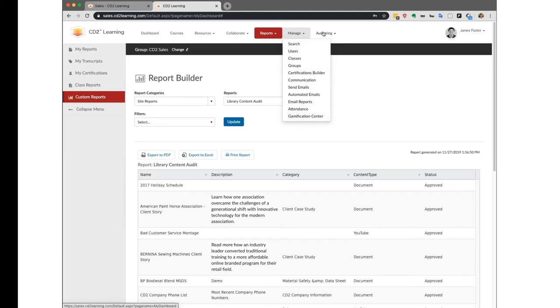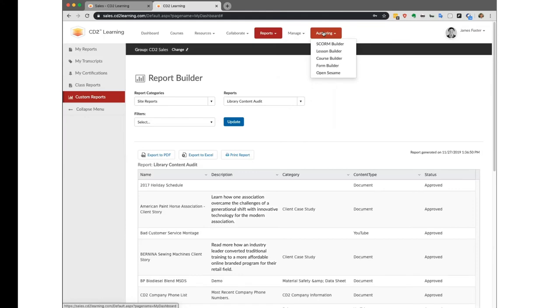So that is the Manage tab. We don't have time to hop into each one of those features. A lot of them are self-explanatory, and it is essential LMS functionality that you would expect to be able to do. Under the Authoring tab, we do support SCORM, so your legacy content and third-party content that is in the SCORM format can be uploaded as an existing lesson type, and I will show you how that gets imported into